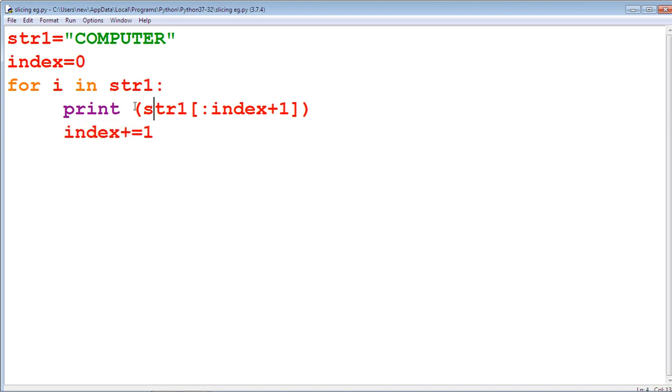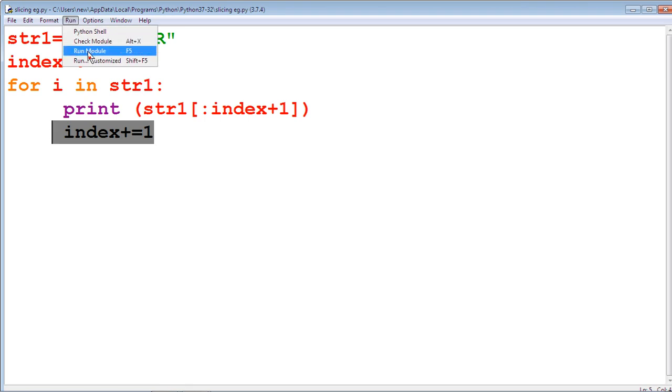Here we print a substring extracted from the main string computer by using str1 of square brackets. We are giving here colon end value only. The end value is indicated by index plus 1 each and every time. It is modified by using this statement. So we get the result from C to the last value, computer.